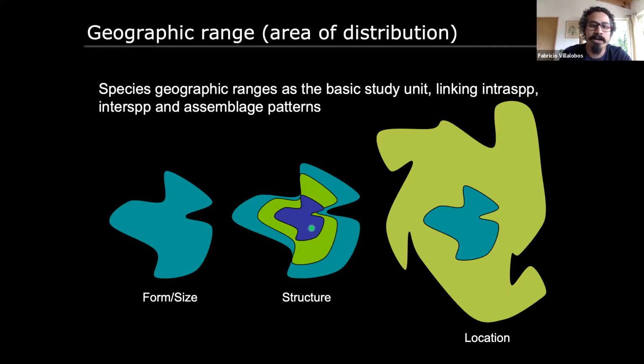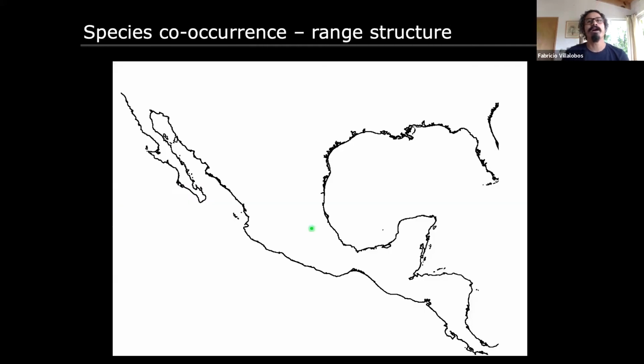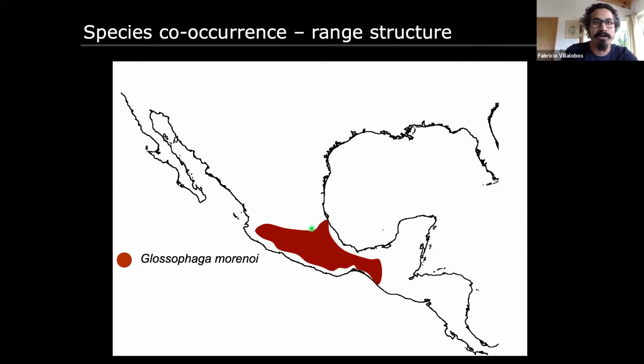But here I'm going to argue that we can study the structure by looking at other species, by looking at one particular species and studying the structure of that species, but by looking at the distribution of other species. So let me explain that particular idea, which we term the diversity field. So we have here a geographically biased and taxonomically biased example. Within Mexico, we have the distribution of a particular bat species, here an endemic bat species of Mexico.